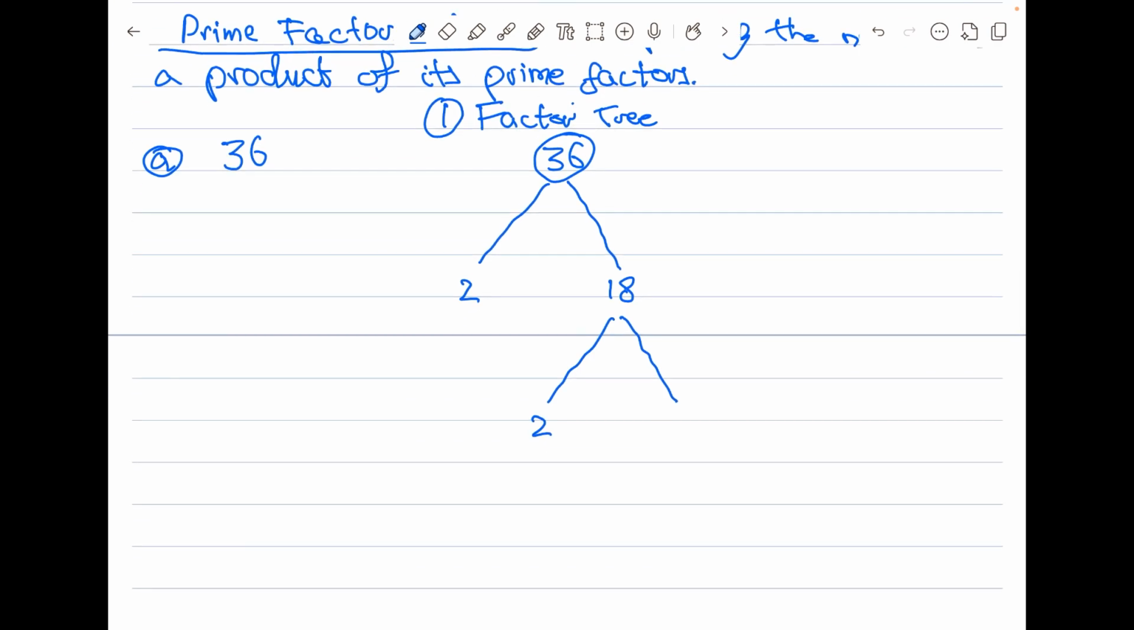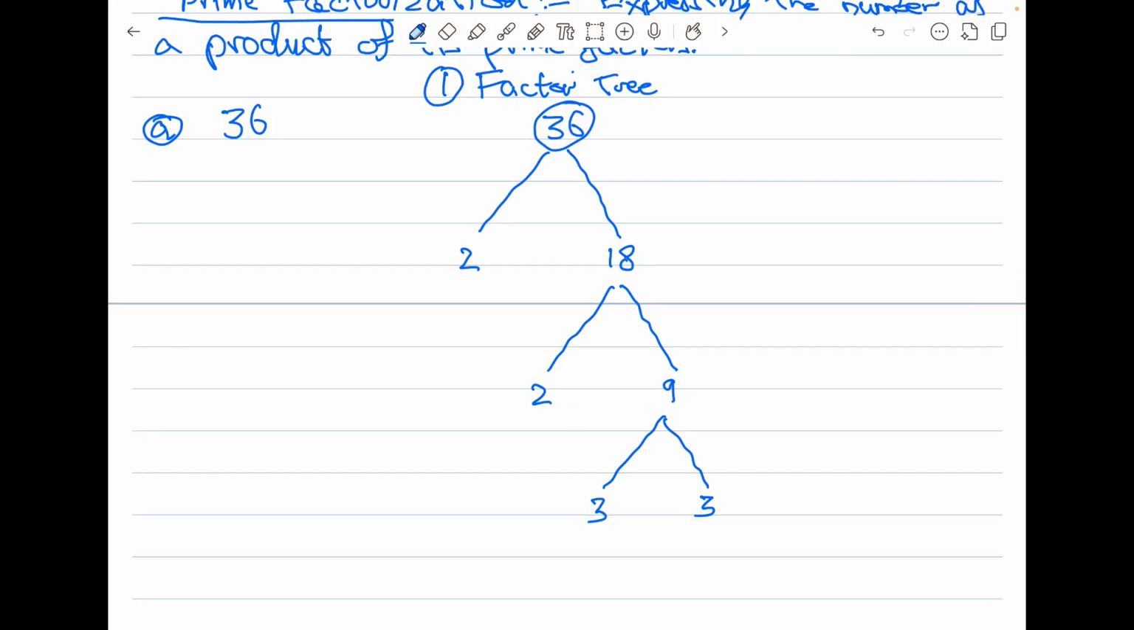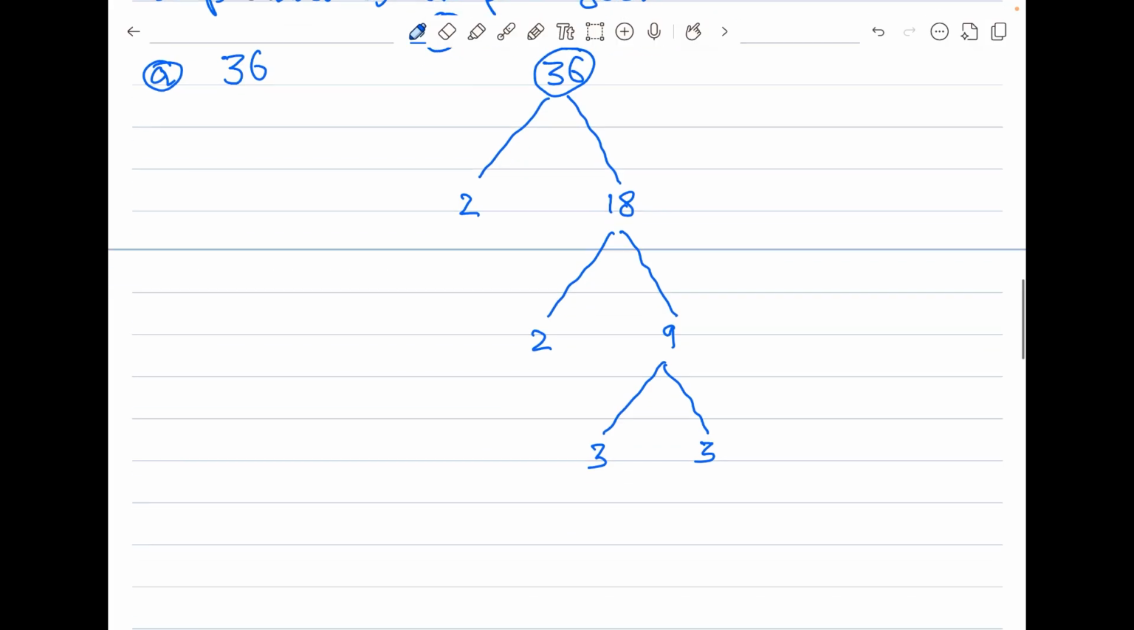So once more, 2 is the smallest common factor, right? The smallest prime factor. And on the other branch, we will write the quotient 9. So this time around, the smallest factor is 3, right? And we have 3 on the other branch. So we keep repeating this process until we have a branch which has only prime factors, right? And then we will circle out